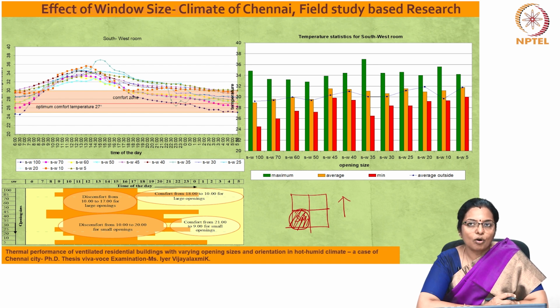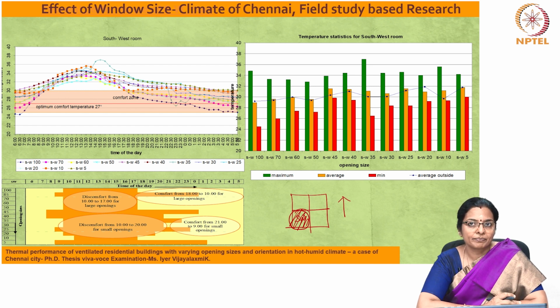The rate of fall of indoor temperature in the evening is low as the western wall releases the absorbed heat. The indoor temperature falls only by 2 degrees centigrade from 6:30 in the evening to midnight 1:30, that is in